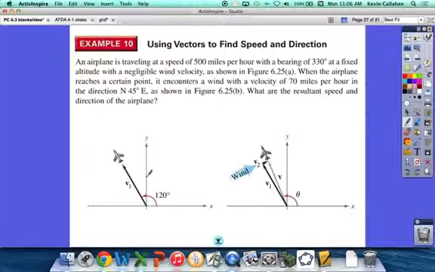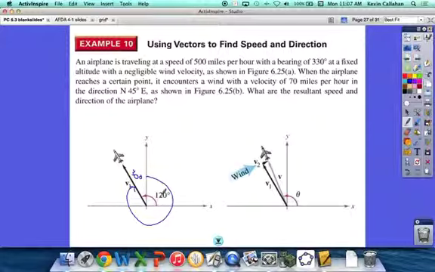Right? If it's 330 that goes all the way to there, then this has to be 30 degrees. And that's why this positive angle with the positive x-axis is 90 plus 30, 120 degrees. Right? That's where they got that from. Now,